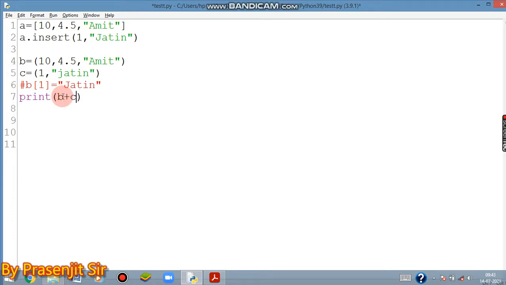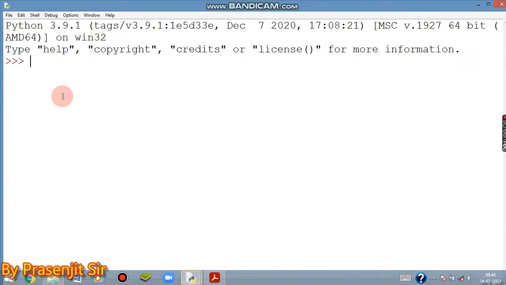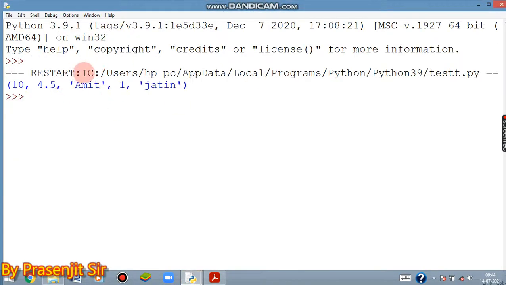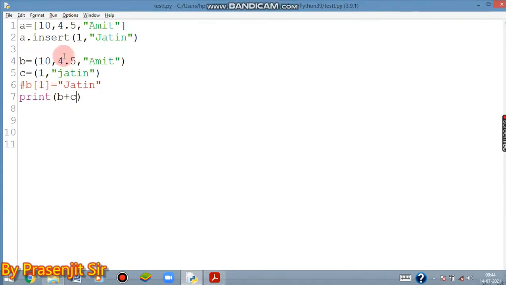So concatenation can also be done, but append, inserting at a position, and changing the values cannot be done. So these features tell us that a tuple is immutable, meaning not changeable, and a list is mutable, meaning it is changeable.